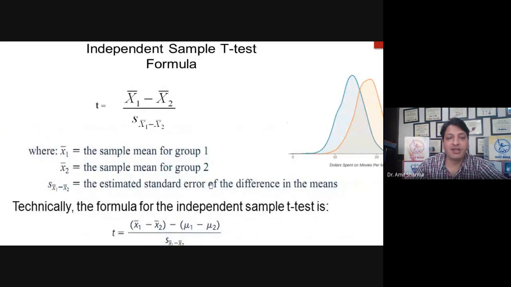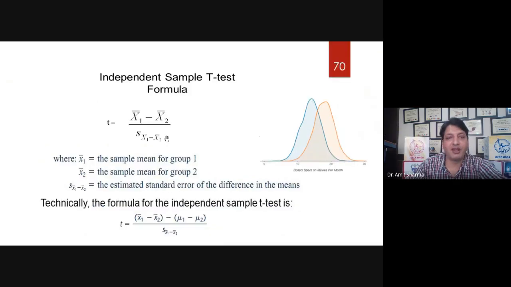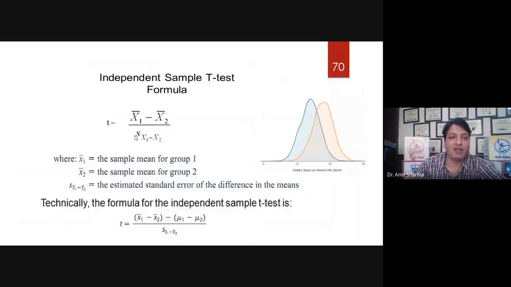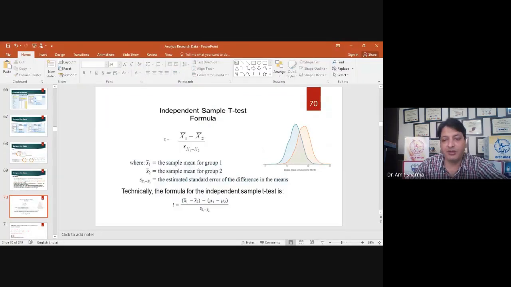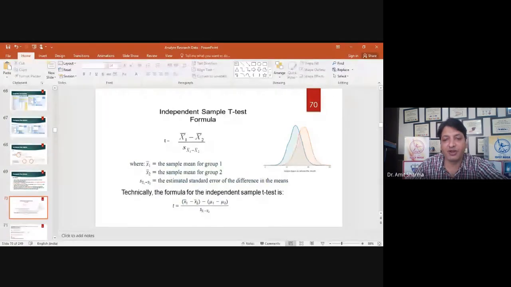Actually you are calculating standard error. This formula is representing standard error, and if you want to calculate the standard error, you can calculate by using the standard deviation of group 1 and group 2. So this is the method by which you can calculate the mean of both the groups. So we can do it through SPSS software also, where I have added the data. I will let you know how to do it with the SPSS software.